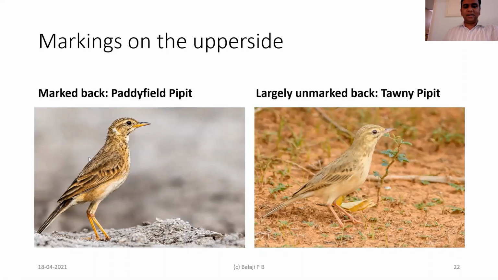So it has very marked upper parts, but if it is largely unmarked, then you can be very sure that it is a tawny pipit. Of course, in North India, the long-billed pipit, the nominate species, also has a very plain looking back, but the long-billed pipit that we see here, the Trivancorensis subspecies, is heavily streaked on the back. So if it is a largely unmarked pipit, the only pipit possible here in South India, that too in Tamil Nadu, is the tawny pipit. So you can see a typical tawny pipit image here.